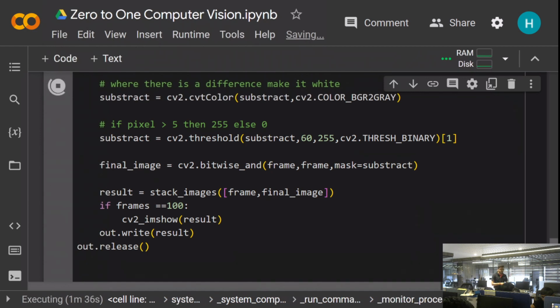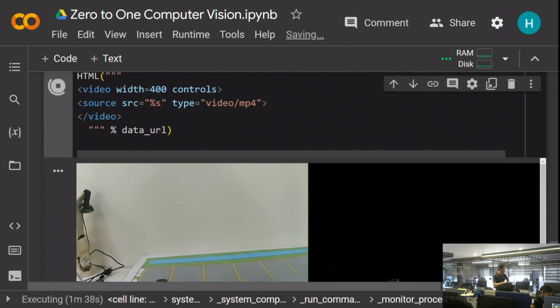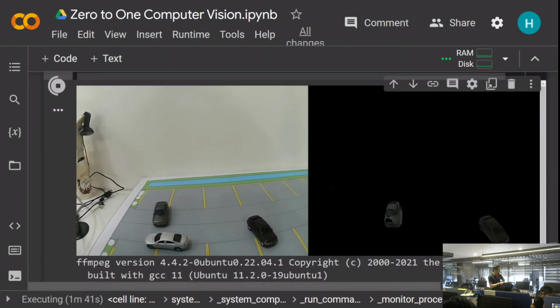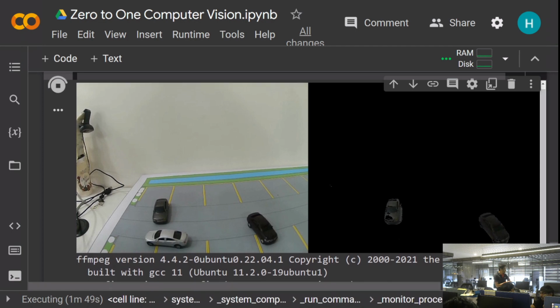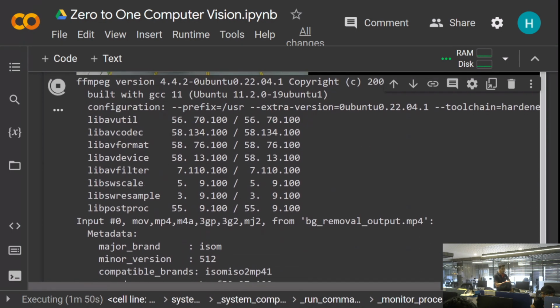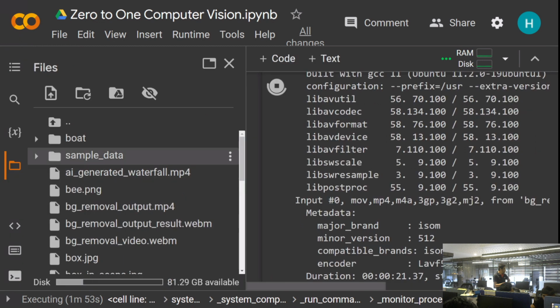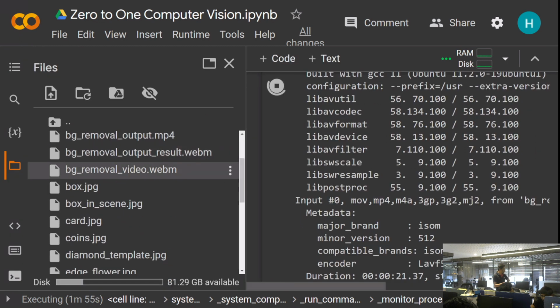Can you show the video? Here you can see there are 3 cars parked. Cars are detected over here. Video download 3 download. Output result as